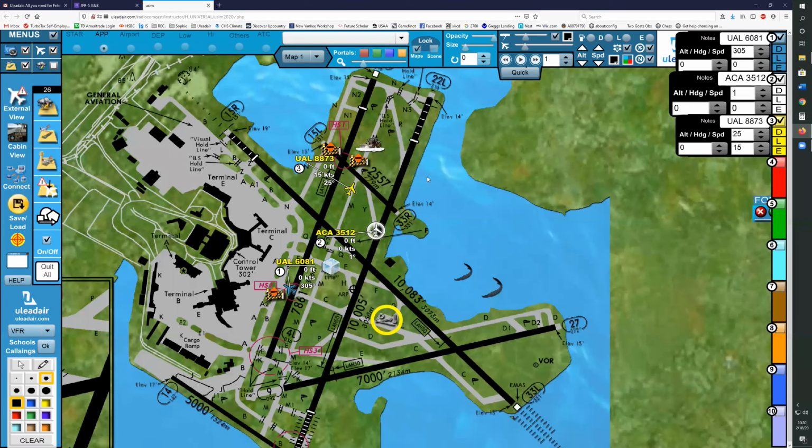Okay. So, United. Let's see. What are we doing here? You're going to be taxiing for 22 left, lining up and waiting to take off, and you're looking down there, and you're going to tell them.